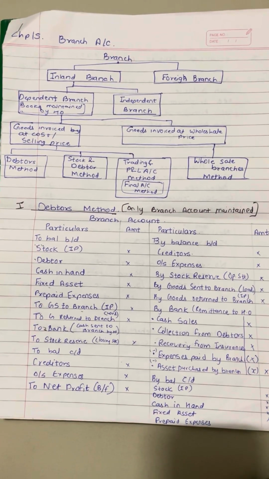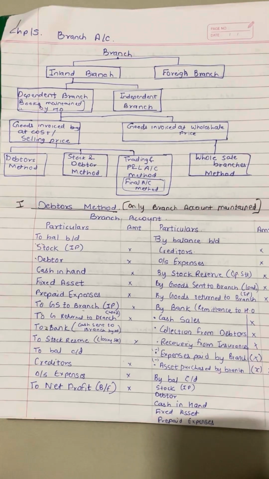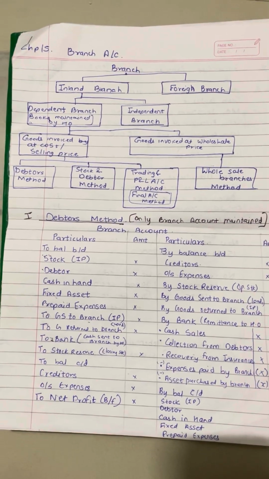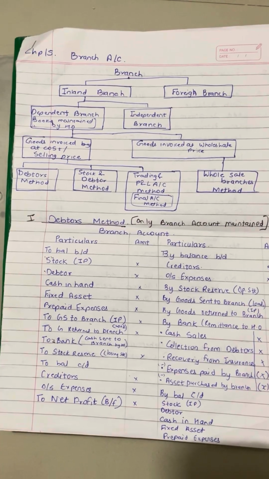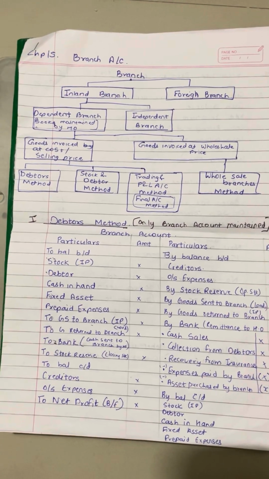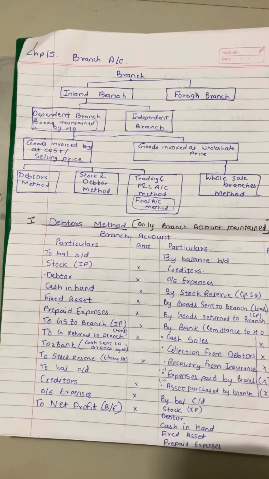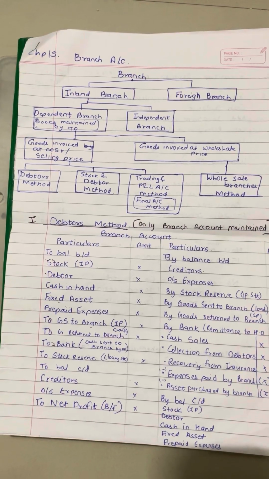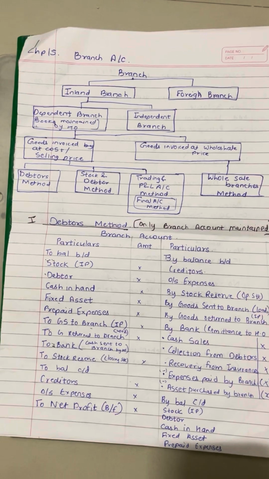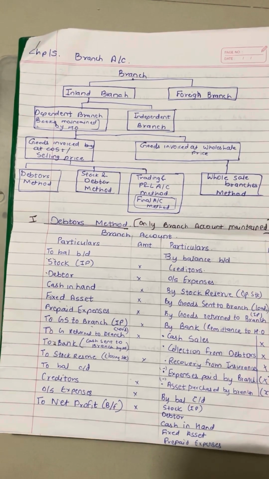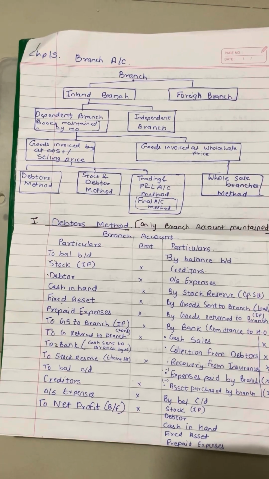Now start with this chapter. Branch account. There are two types of branch, inland branch and foreign branch. In inland branch, there are two types, dependent branch and independent branch. Independent branch books are maintained by head office, and in independent branch both head office and the branch maintain their independent books. Now as you can see in this graph, you can easily understand that head